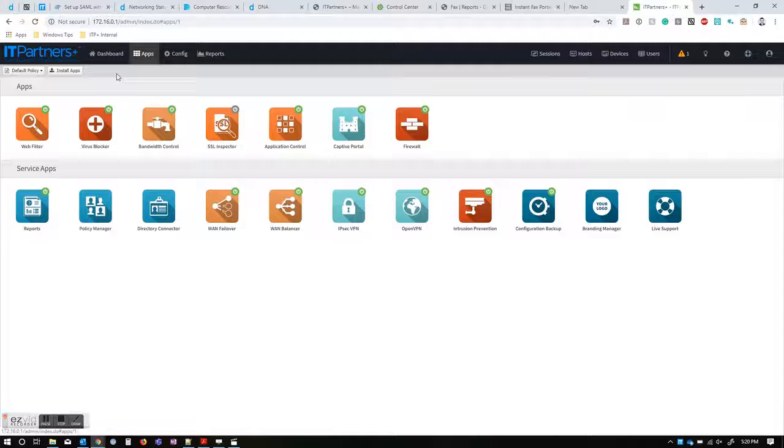Now the WAN Failover feature is a licensed feature, meaning that you'd have to pay for a license for that feature, or get it in a bundle like the NG Firewall Complete bundle that includes all the Untangle apps. So if you don't have that subscription active in your Untangle, you're not going to be able to configure the WAN failover feature. So make sure that you're licensed to do that, and then we can go here to the WAN failover app